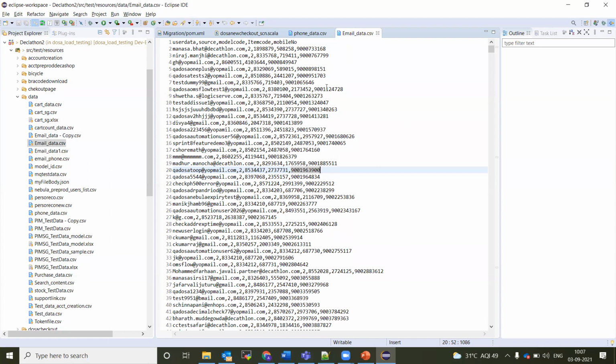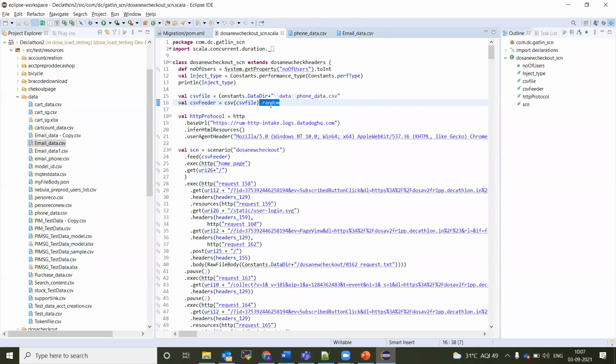In the circular pattern, it will take the data and post the request, and then it comes back to the first data and posts the request. With sequential, it will post the data till it reaches the end; after that, if there is no data, it will throw an error. So these are the three formats for feeders with different patterns. It's up to us what data should be selected: sequential, circular, or random.